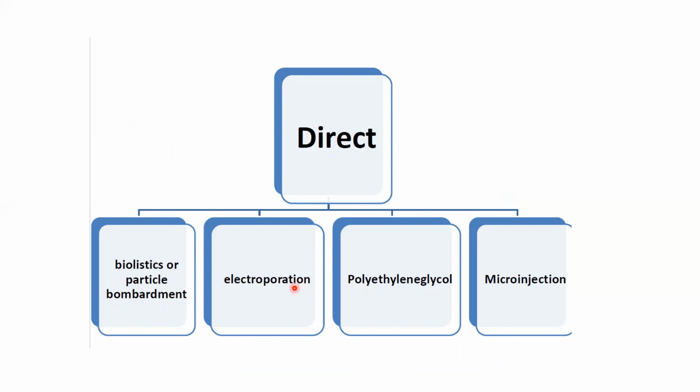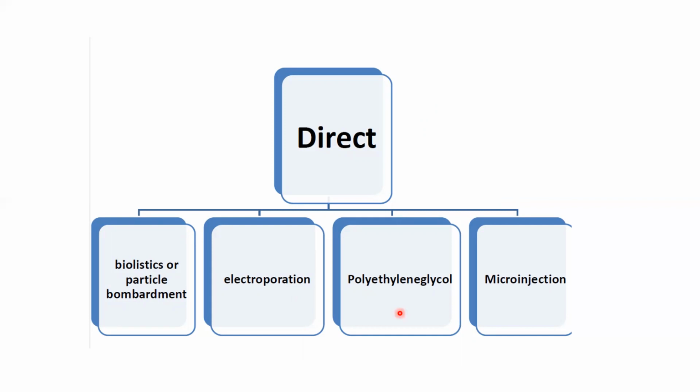Electroporation is another method, the same for plant cells as we discussed in bacterial cells. You give high voltage shocks to the cells and it creates pores inside the cell membrane. The DNA pieces can enter and then it can go and incorporate into the cells. Polyethylene glycol is also used for these purposes, and microinjection. Polyethylene glycol is mostly used in